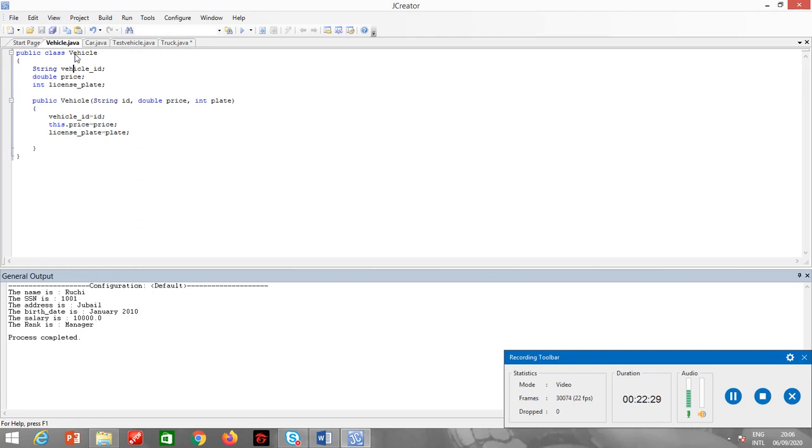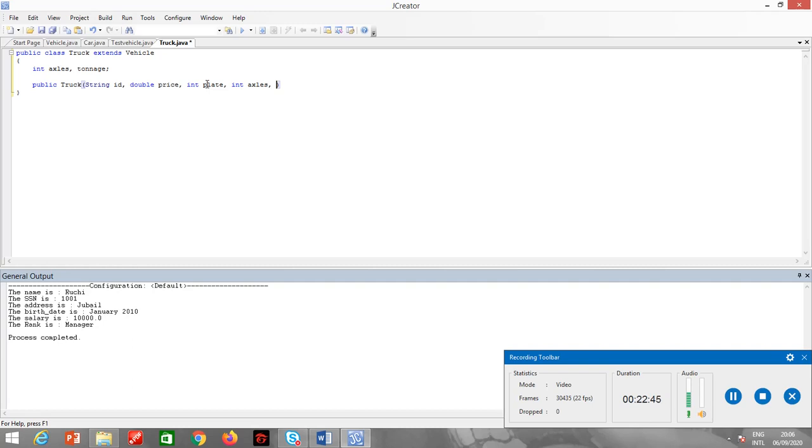Since it is derived from vehicle, the superclass, I must include these variables. I'll copy from there, and I must have over here int axles and int tonnage. Now let's initialize. First of all, the super keyword.